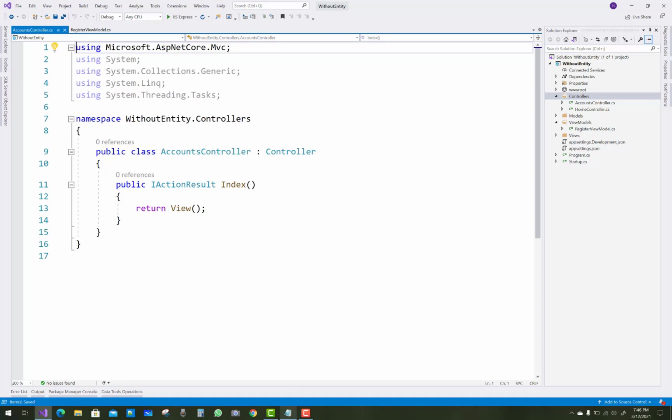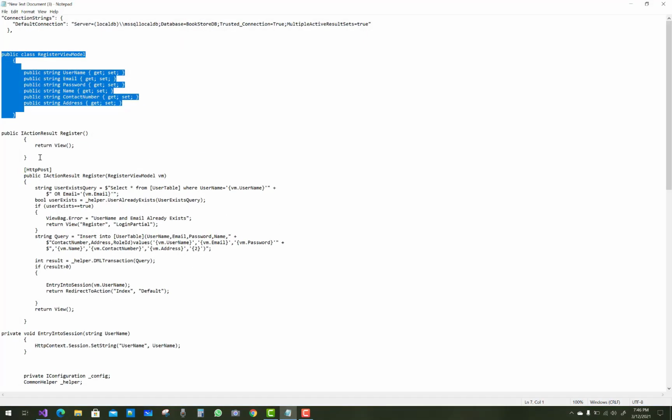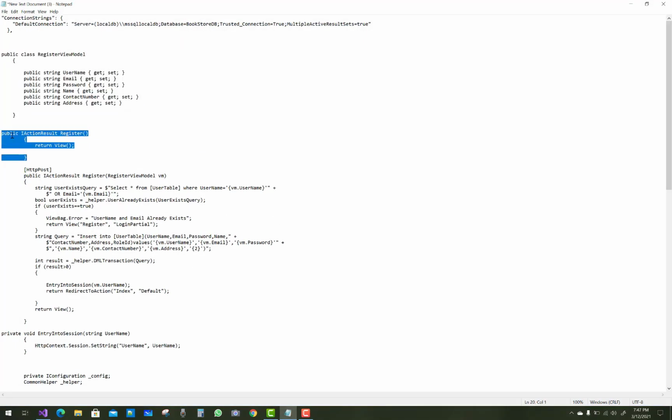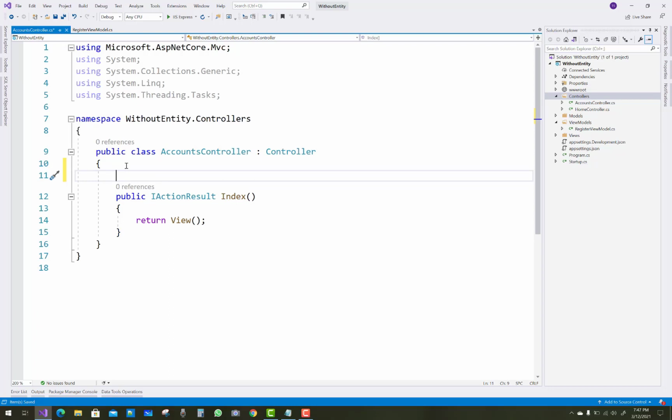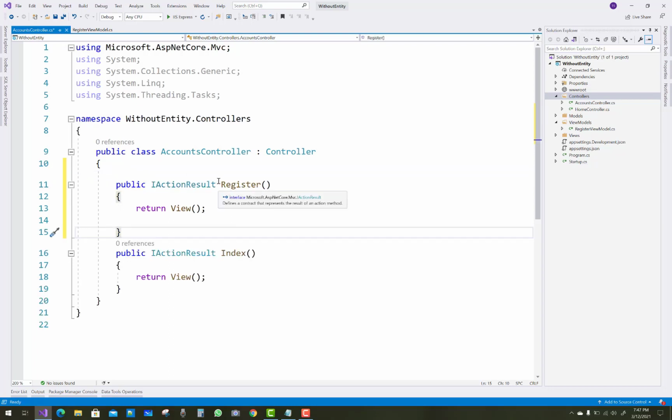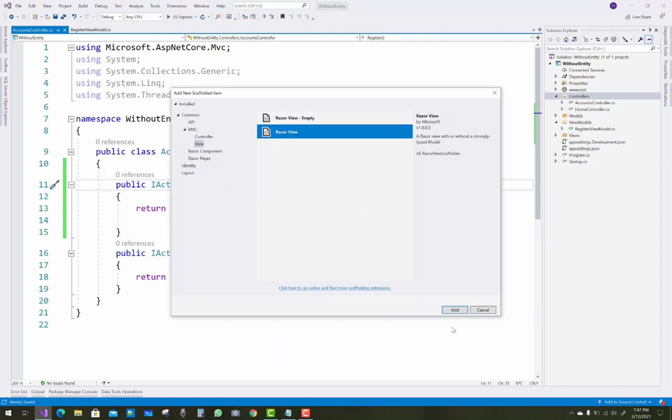You know that each controller inherits from the Controller class, and after that you can add a new action method, Register. Inside the controller you add the Register method, and after that you can do scaffolding and generate a Create scaffold.